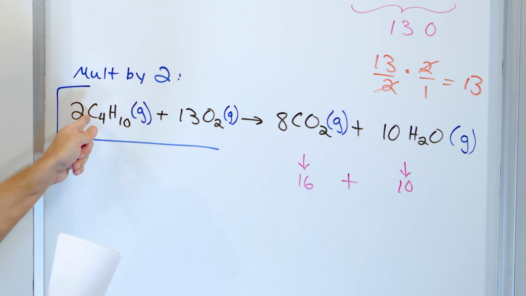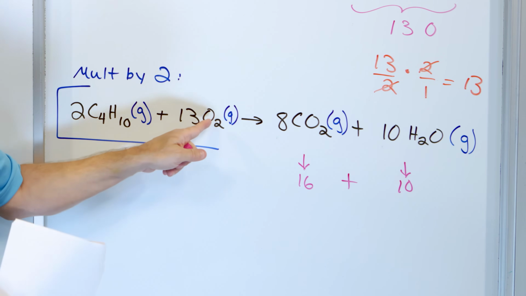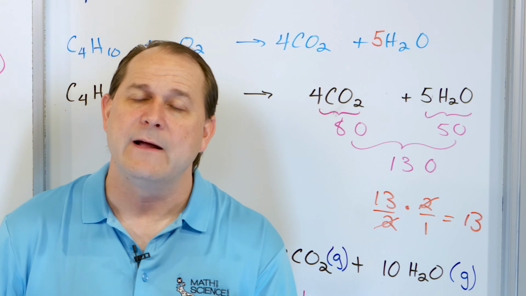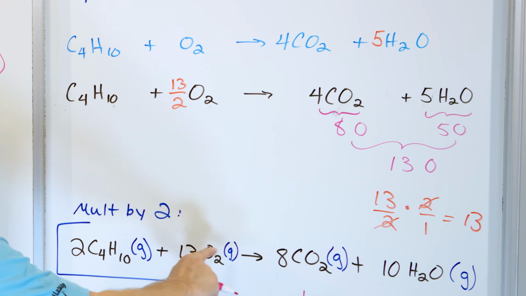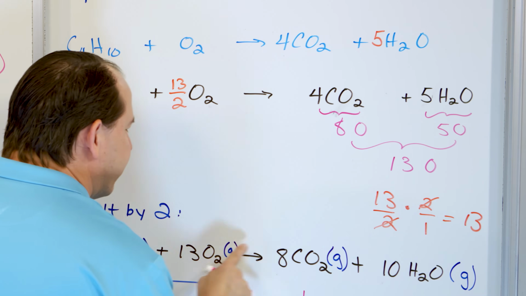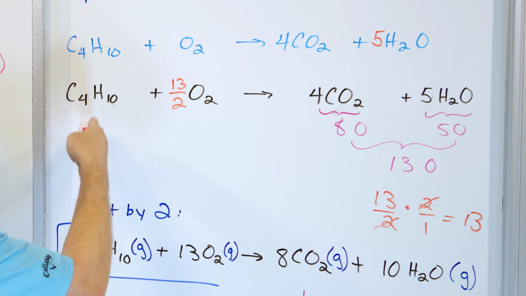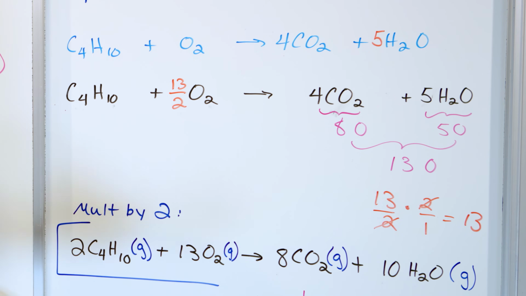So we have the same amount of carbon on the left and the right. We have the same number of hydrogen on the left and the right. We have the same number of oxygen on the left and the right. This equation is balanced. And it is in lowest ratio, right? There's nothing I can divide by. This is an even number. These are even numbers, but this one is not. So I cannot divide through, because just like I'm allowed to multiply through, I could divide everything by the same number if I wish, or multiply by 1/2, but these are the smallest whole numbers that will balance this chemical